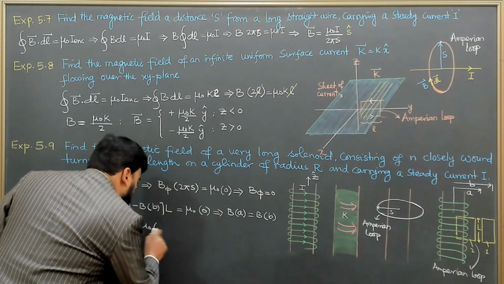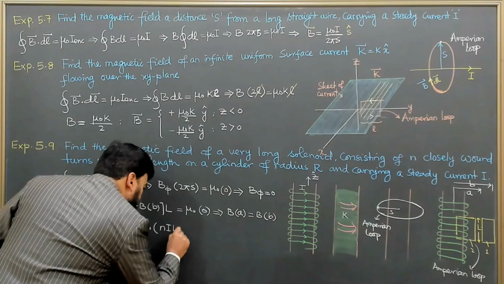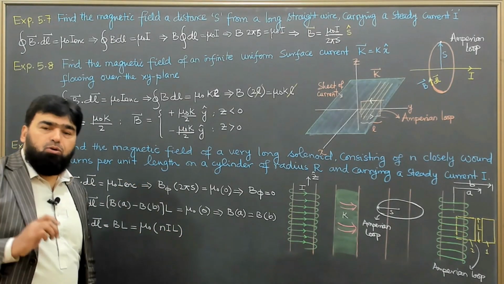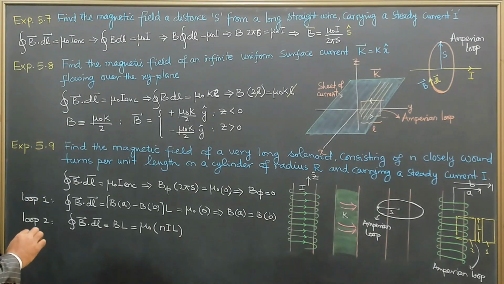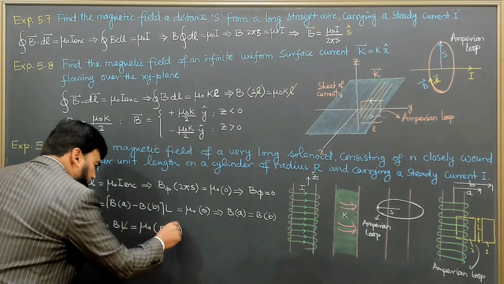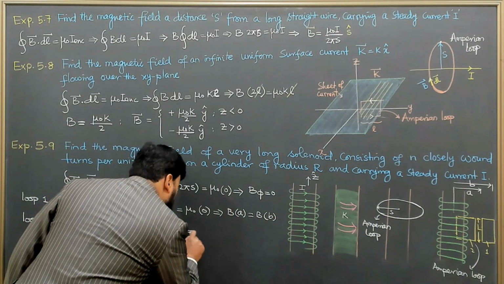So this is mu naught n I L. This is the total enclosed current by our Amperian loop. So L is cancelling on both sides,